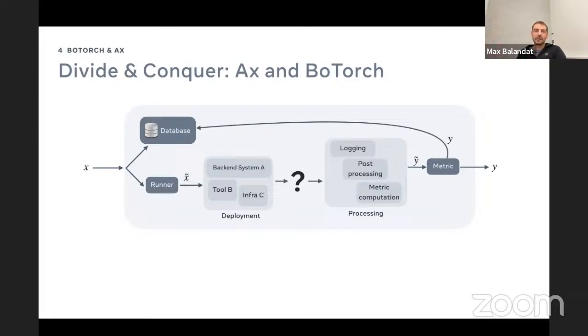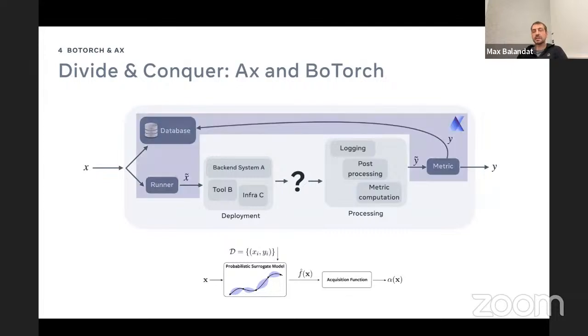And a backend here might be, you may want to run some lab tests, or you may want to run some ML pipeline, or what have you. So this is essentially the abstraction and experiment organization. And then at the lower level, you have the probabilistic modeling component of the core methodological problem. And so we ended up designing Ax around the former, and Ax leverages BoTorch, which deals with the latter and is focused more on the lower level setup. And this divide and conquer approach was chosen because it's often very hard to do one package that fits all needs. You're going to get into some challenges if you try to do that.